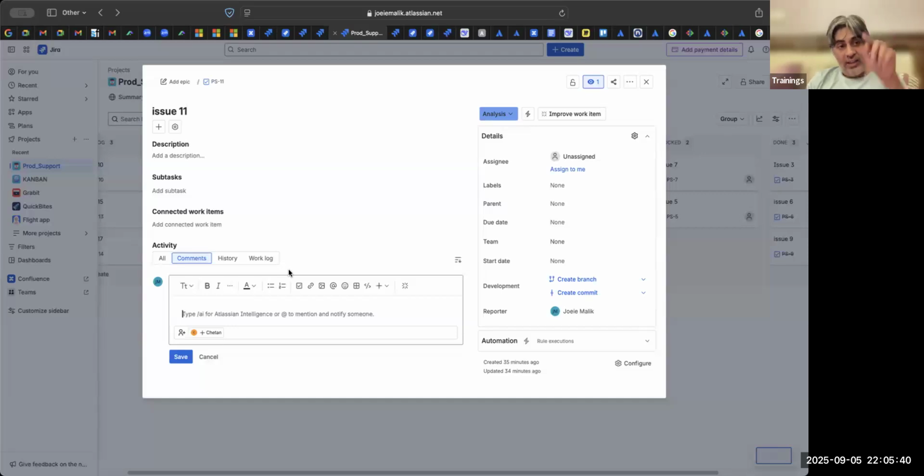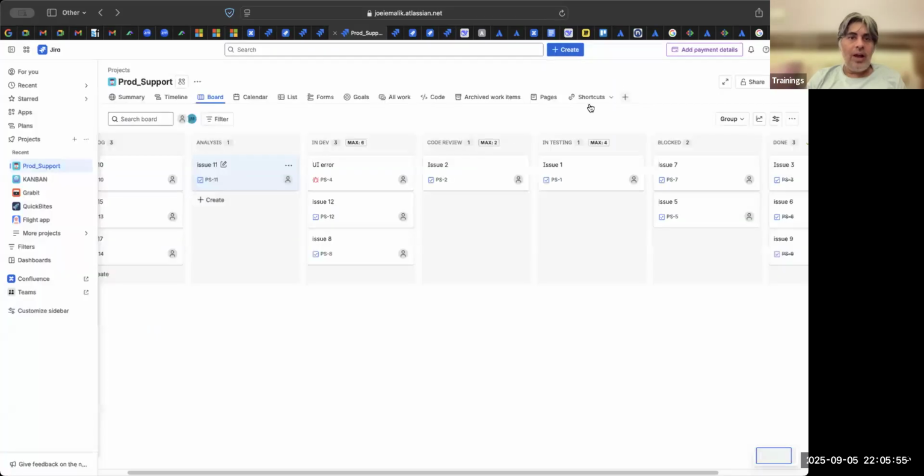Either this team can do it if it is a minor modification, or they may pass this story to the product team. So we don't usually put WIP on analysis. No, you do. See, I have not put it here, but typically you would have, it could be like 15 items are in analysis only.